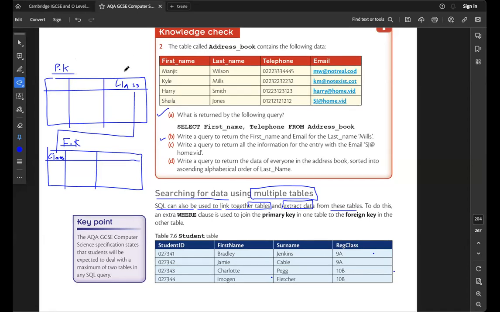So if in table one we have a class, and in table two we have a class, the class is common in both tables. That becomes a relational key, a foreign key, between them. Did you remember? So this is for linking the relational database, right? So to do this, an X